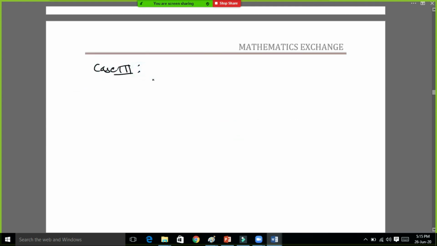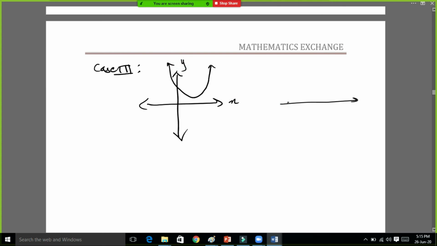In case 3, it will also happen that the parabola does not intersect the x-axis. It either lies above the x-axis or it lies below the x-axis, just like this. So case 3 tells us that when